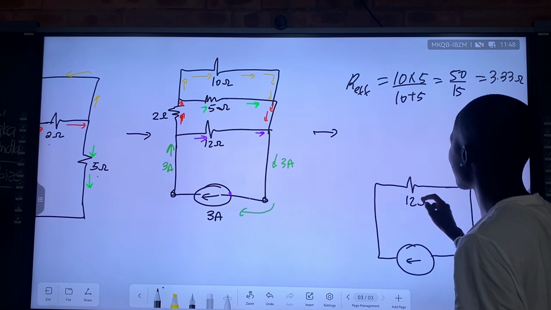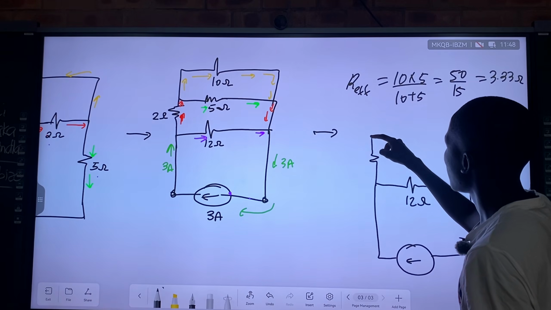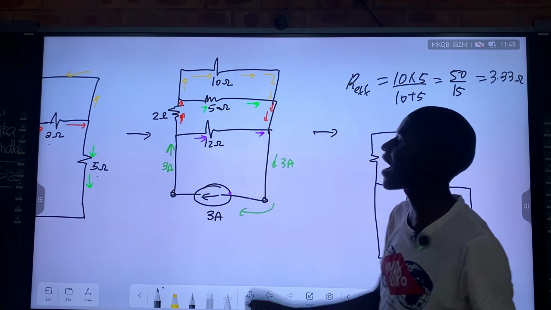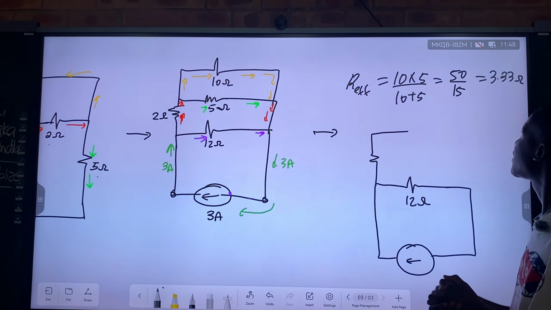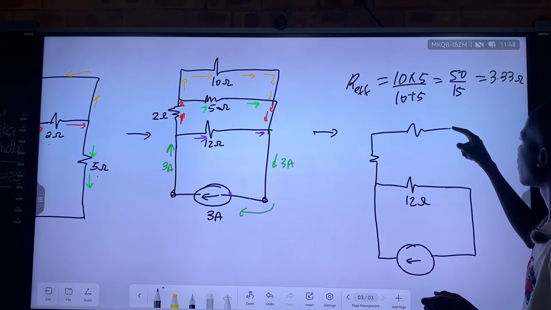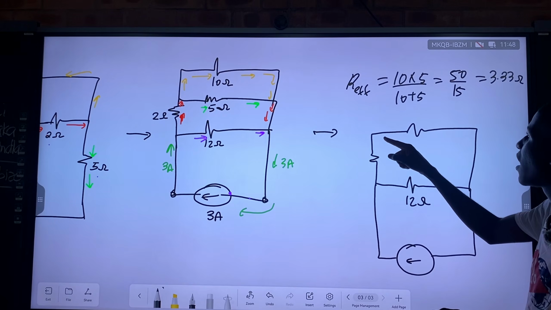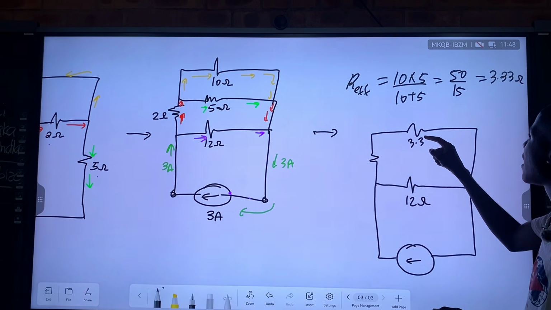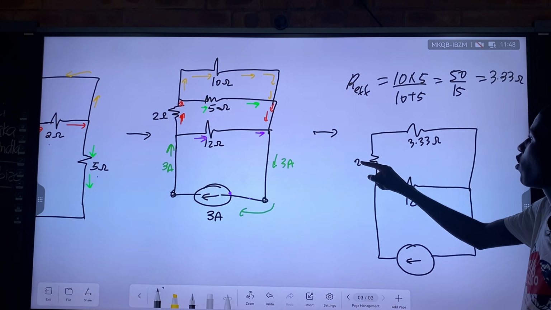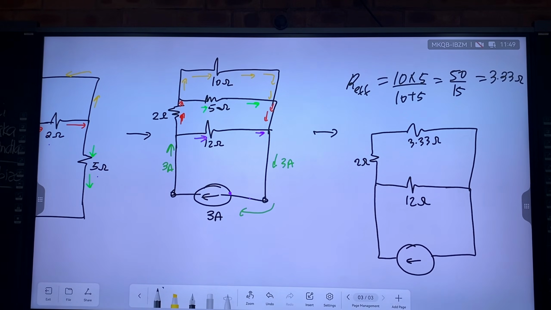Here the 12 ohms we haven't combined with anything. And these, we combined the 10 and 5. We combine them to be what? To be 3.33, right? So is it fine if I do this and say here I've got a 10 and 5, I've combined them to be 3.33 ohms, and then this is 2 ohms here. Is this correct? Yes, it's correct. That's what an effective resistor means. Effective resistor is just a combination. They behave like one resistor. It's a resultant resistor. It behaves as though we have got 2 resistors.